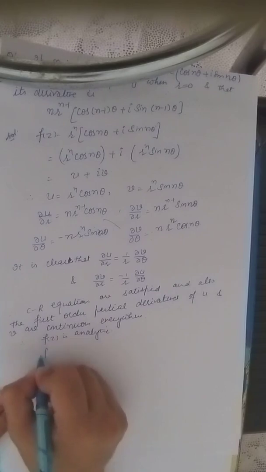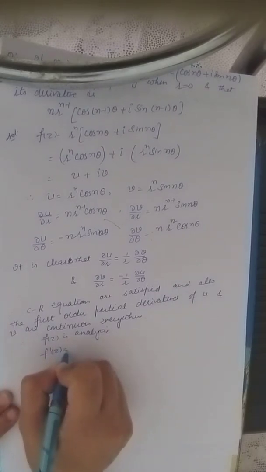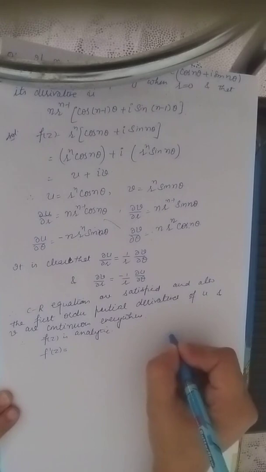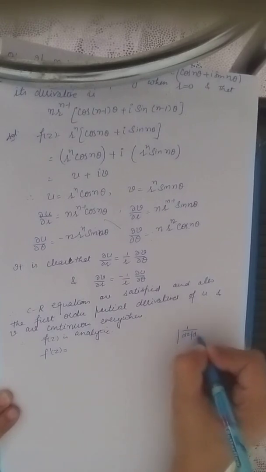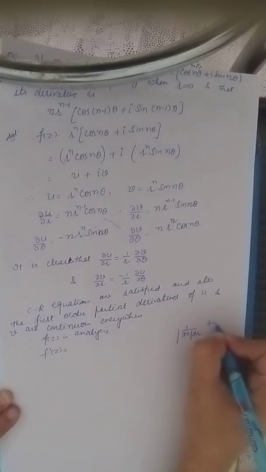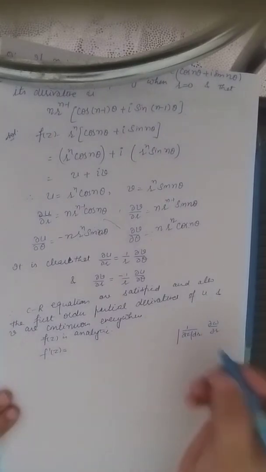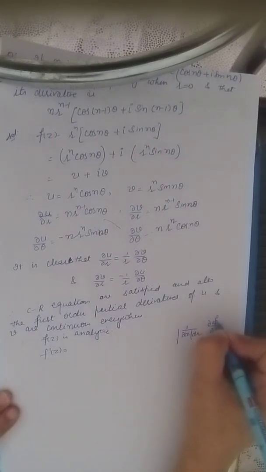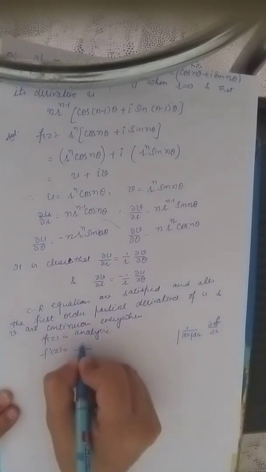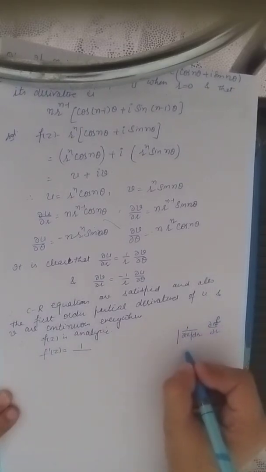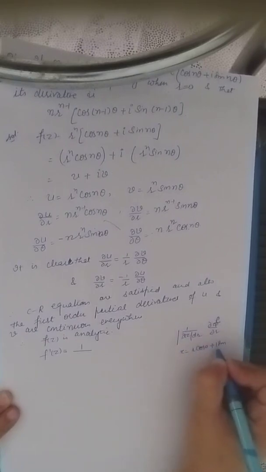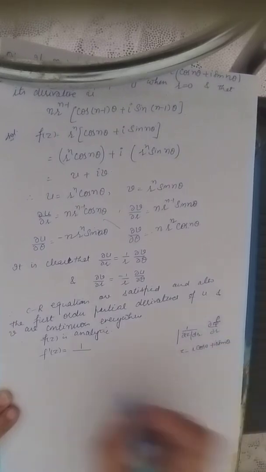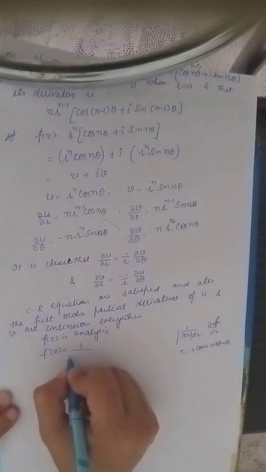Now f dash z. Here the formula for f dash z will be 1 over the partial derivative of z with respect to r, into the partial derivative of f with respect to r. Better to write f. Then z is r cos theta plus iota r sin theta. Therefore its derivative will be 1 by